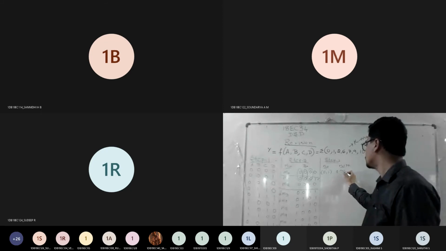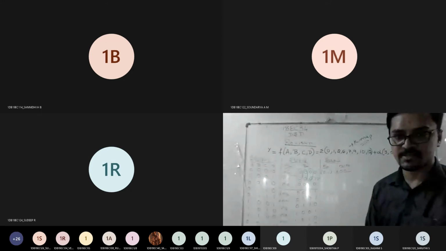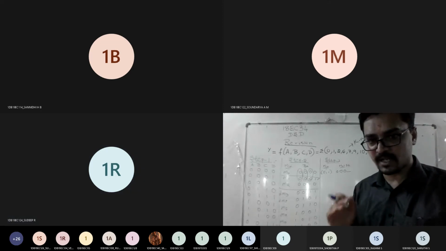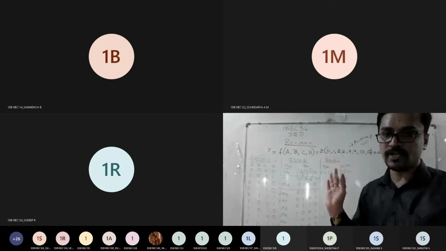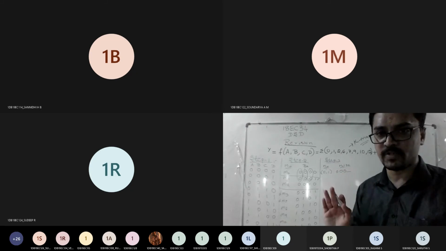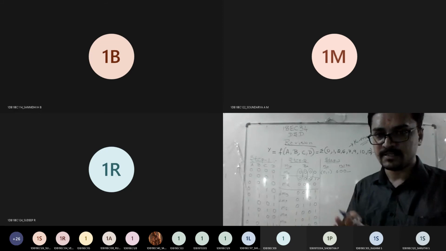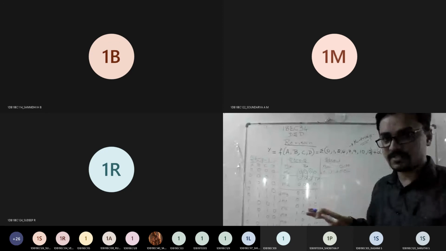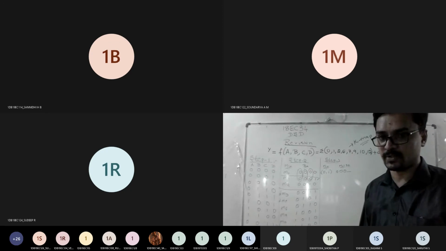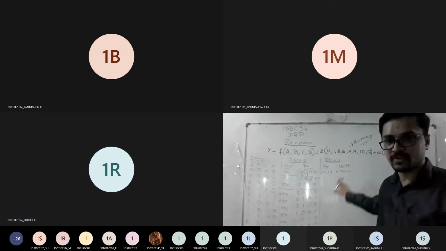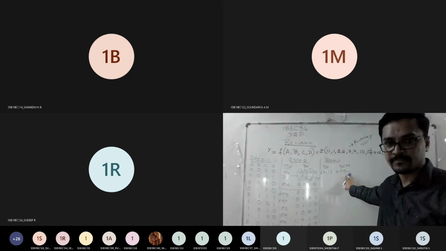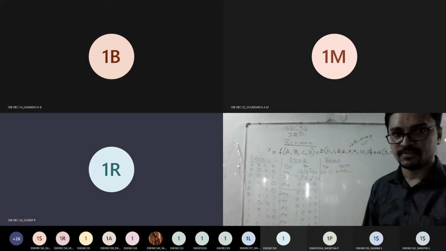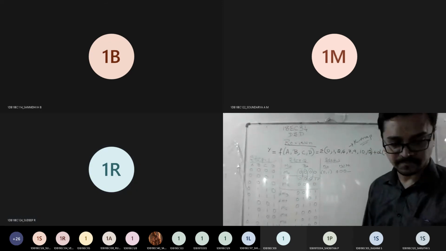0, 0, 0, dash. You got the agenda of Quine-McCluskey? We need to reduce the Boolean expression as low as possible, like how we did using your SOP and POS form, your Boolean form, and your K-map form. If K-map is more than 5 variables, we have to go with Quine-McCluskey. In your syllabus, they have kept it only up to 4-variable Quine-McCluskey. So am I done till here? Everyone got this step? How I wrote dash here? There should be only one change. The remaining should be constant. Is it fine till here, everyone?